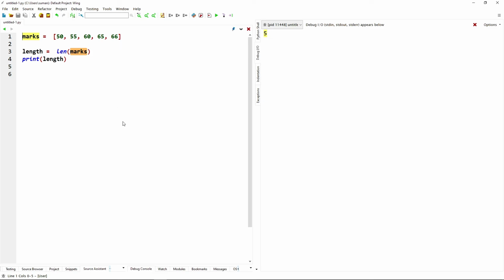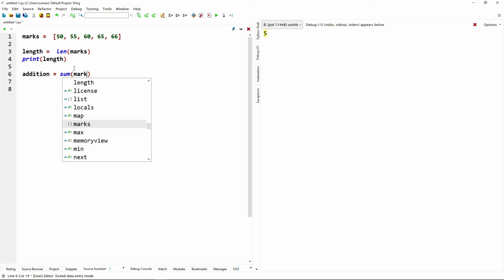If we need the sum of the list items, we can simply use the sum function to get the summation of the items. Let's check with the code. Suppose we are giving the name of the variable as addition and that one is sum(marks).